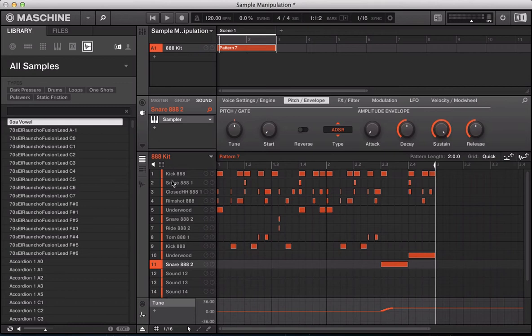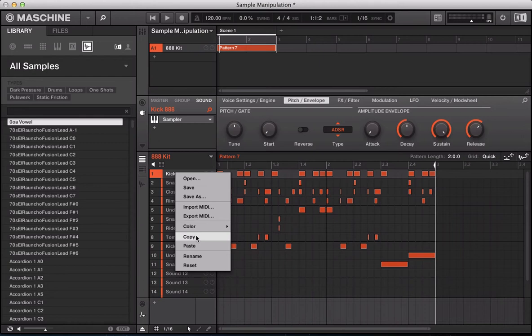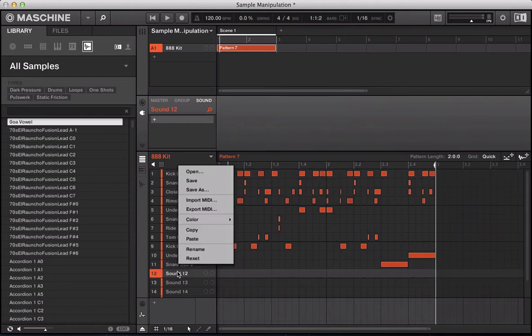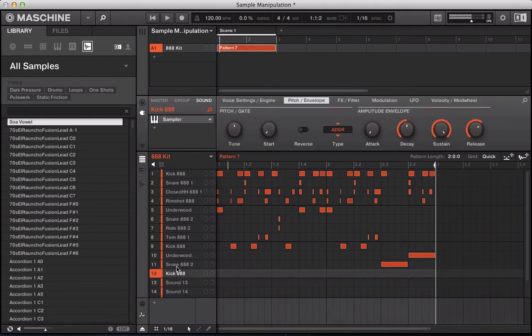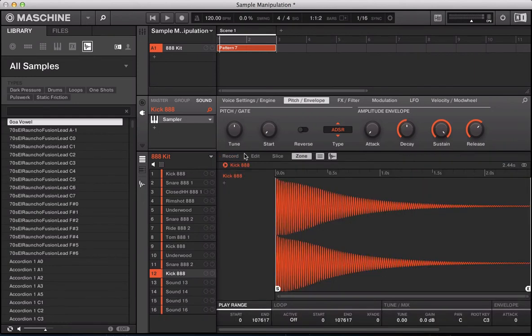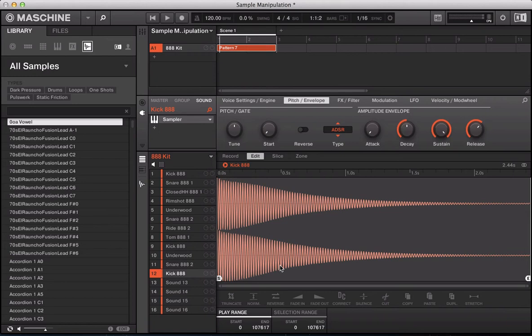So another technique we could look at here is some of the sample manipulation options we've got. So if I took this kick, copied and pasted it again, and we hit our sampler icon again, but this time went into edit mode, we can actually start using this stretch here. This is really cool. We can just start converting this into something completely new. So with all the formants, if I turn the formants on and start tuning this up, apply,